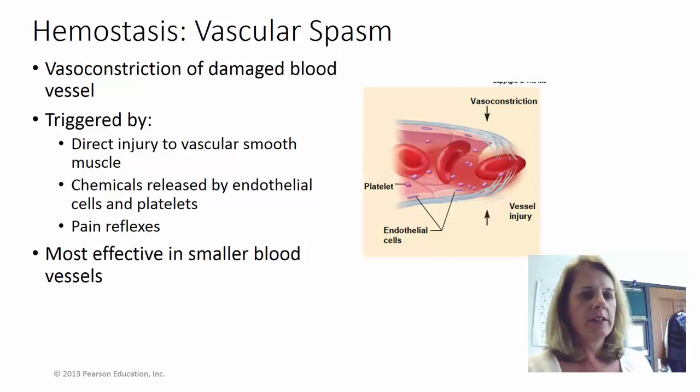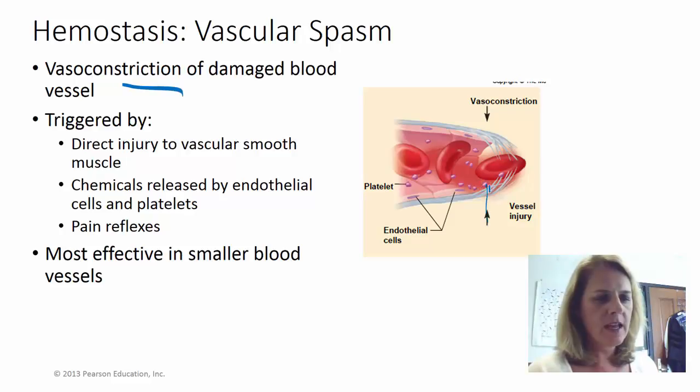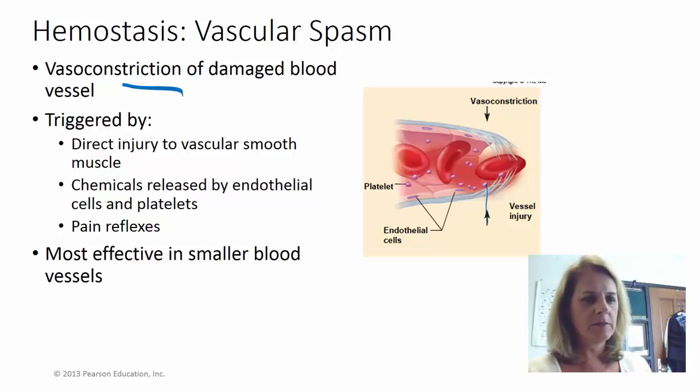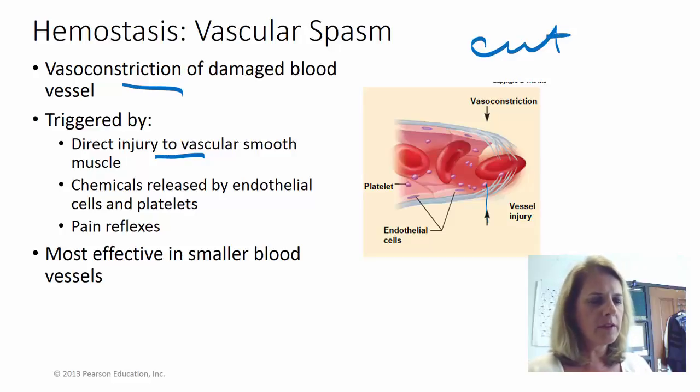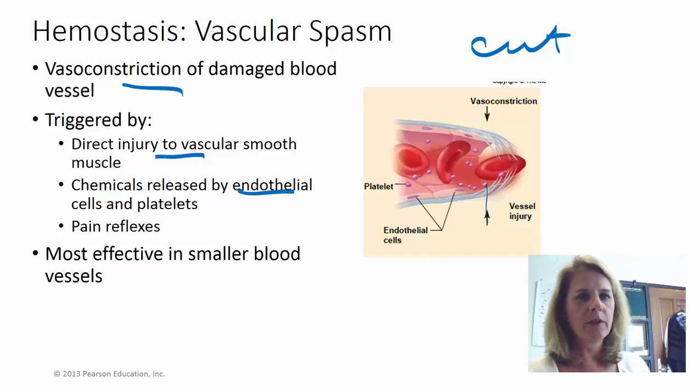To go into a little more detail about each of these steps: vascular spasm is vasoconstriction of the damaged blood vessel. That's the first step. You can see here we've got damage, and the smooth muscle starts to clamp down. That's triggered by direct injury to vascular smooth muscle, like a cut or a tear, some physical injury. When that happens, the endothelial cells, remember, anytime you've got linings of tubes you have endothelial cells, and also pain. When you cut yourself, that hurts, so you have pain reflexes or pain signals that come out, and that's going to cause those vessels